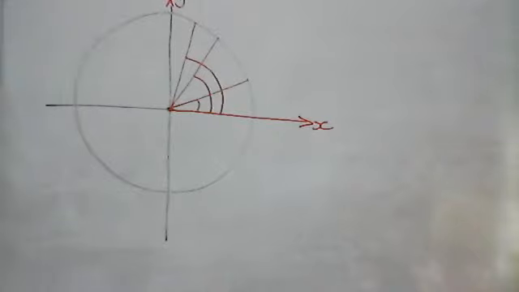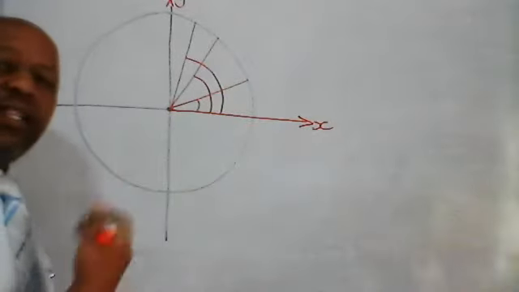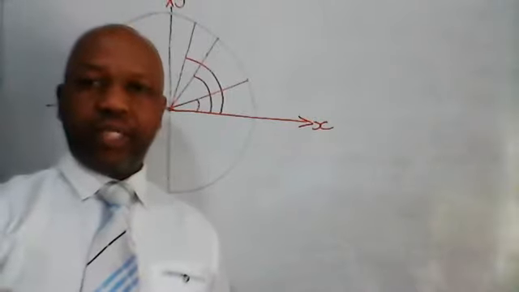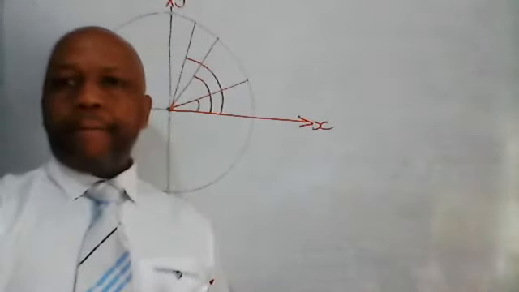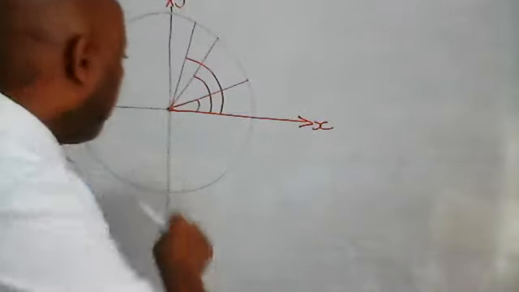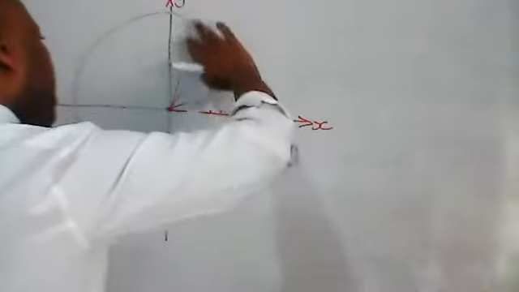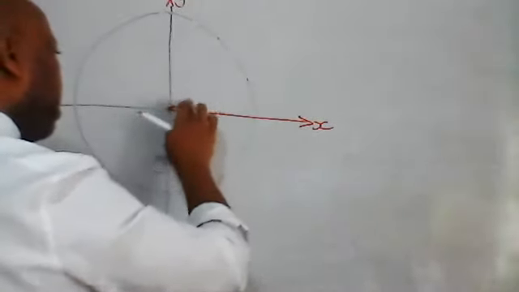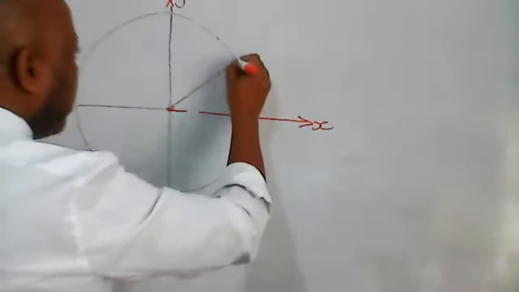In trigonometry, we want to understand, or we want to study further, how we can define this rate of change in terms of radians, in terms of angles, as this ray is being swept around this pivot point or this center here. If we take one such ray, now let's freeze one such ray. Right, so if we freeze the ray there,